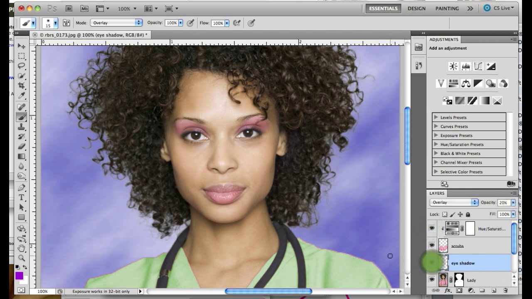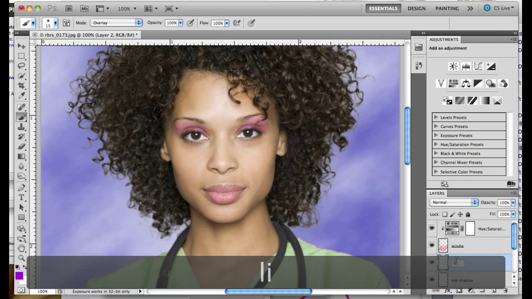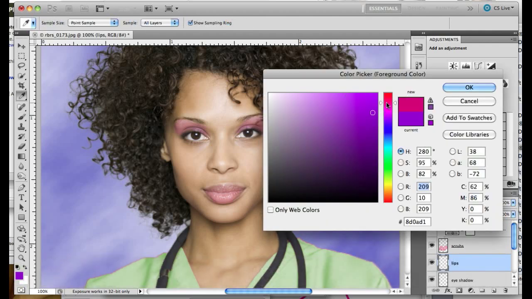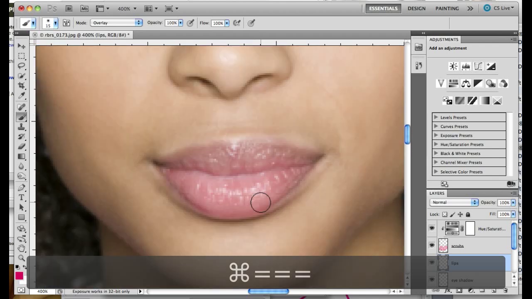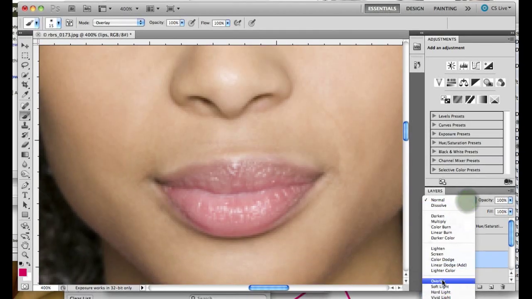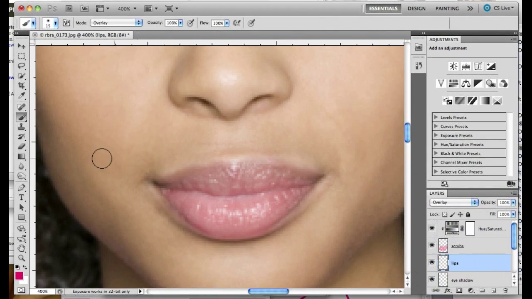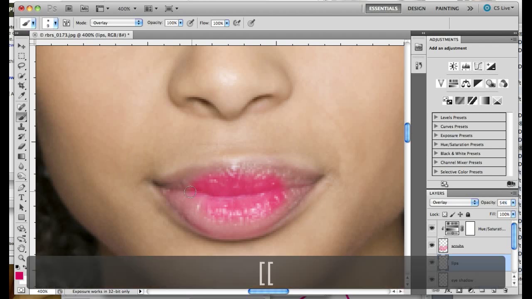And I'm going to do the same with the lips. Create a new layer for the lip coloring. Pick a new color, more in the red range. And I will do the same thing. Switch it to overlay, layer blending mode. Use my normal paintbrush. And of course this is way too bright, so I dial back the opacity until I get just subtle enough improvement here. Changing the size of my brush using the